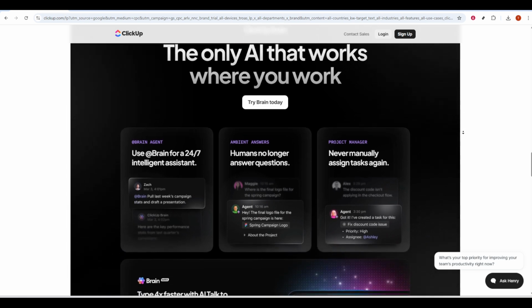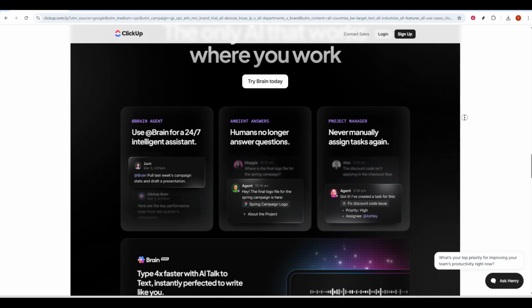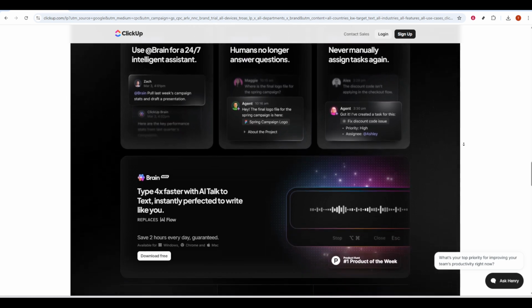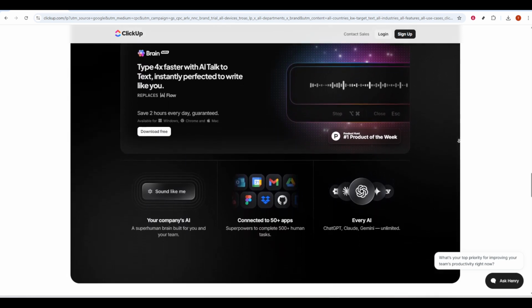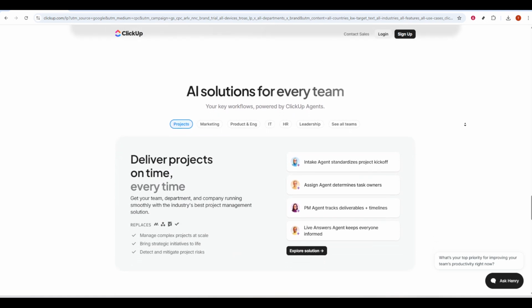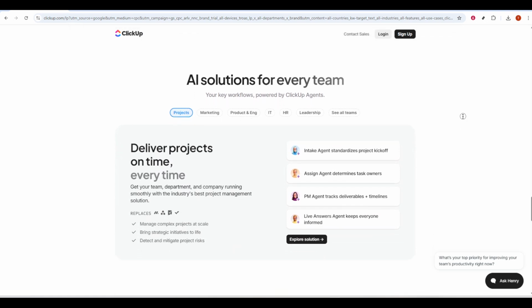ClickUp also brings specialized AI agents that mirror how real teams operate. Project management agents track deliverables and keep timelines aligned. Marketing agents draft copy and help you move faster from brief to execution. Software agents assist with code, quality, and workflow handoffs. Additional agents focus on operations and the employee experience, removing tedious check-ins and bridging the gap between strategy and day-to-day execution. The result is a system designed to centralize work, reduce status churn, and keep teams focused on outcomes, not